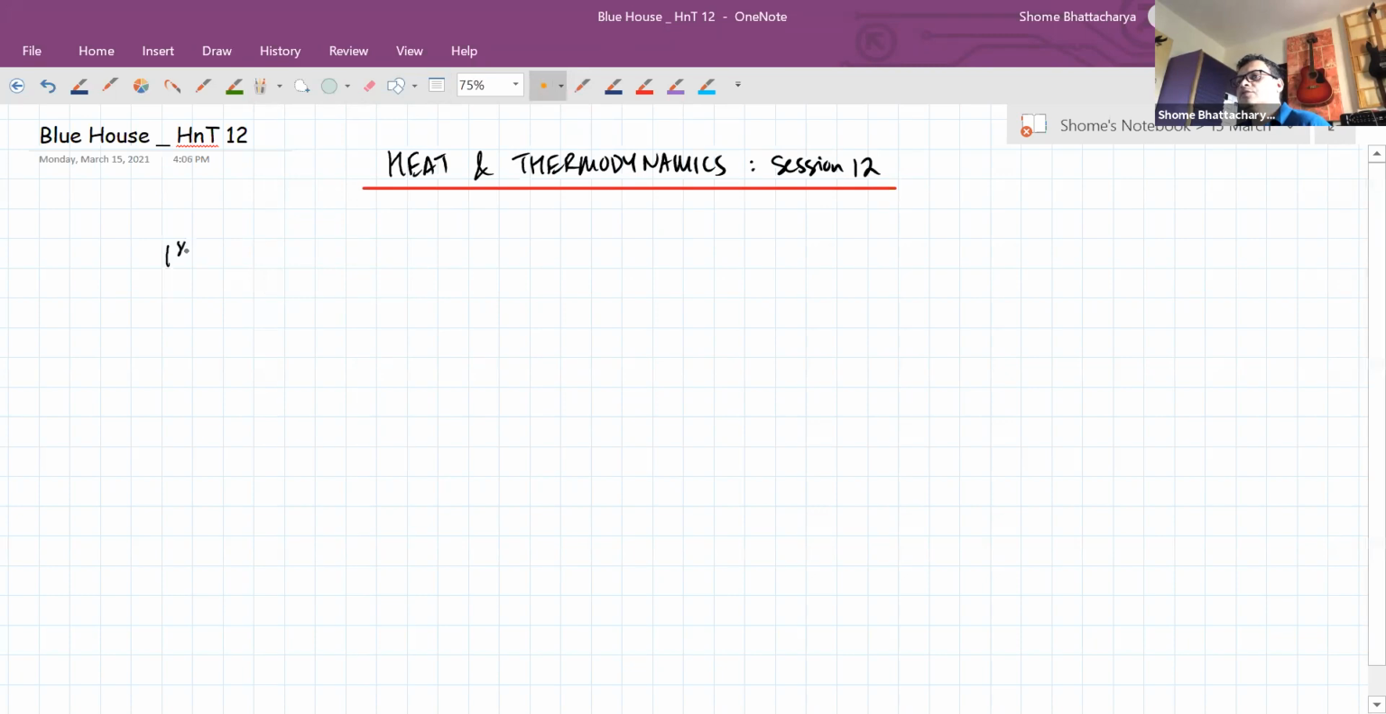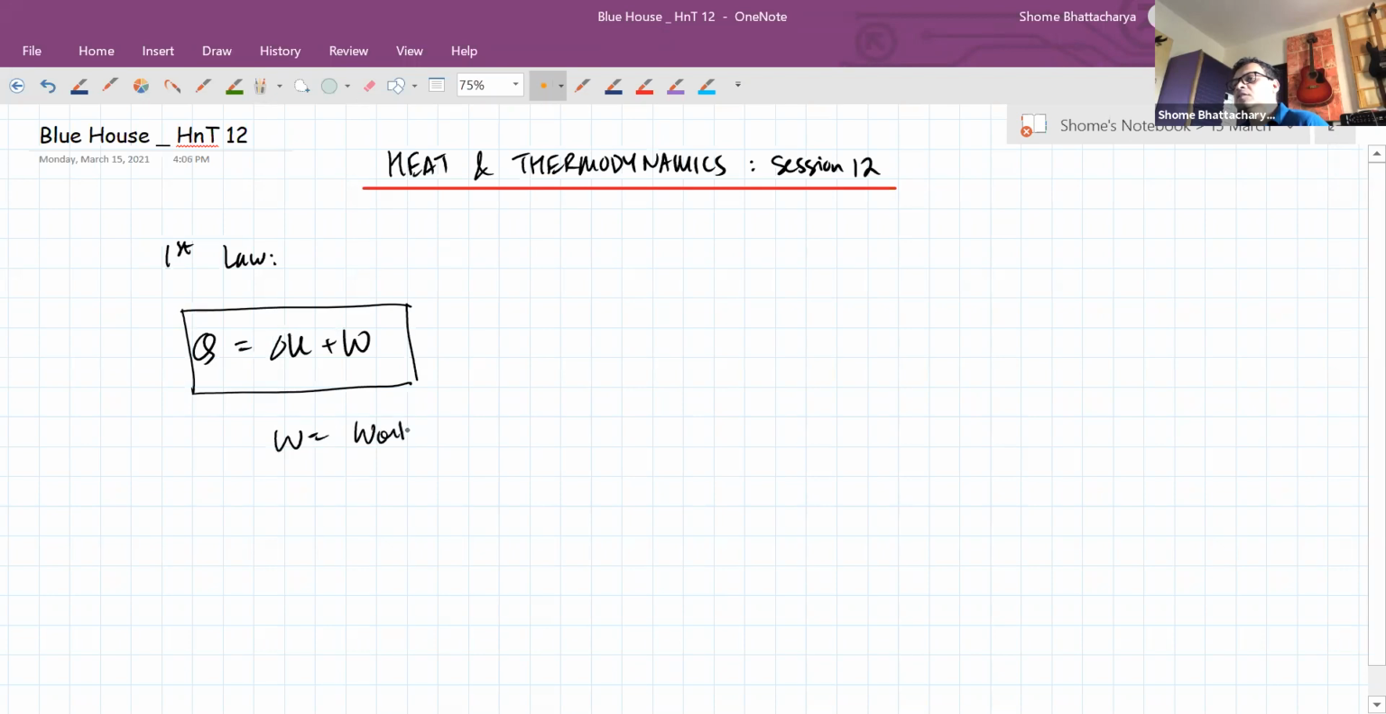So the statement of the first law: the net heat supplied during a thermodynamic process is equal to the change in internal energy plus the work done by the gas. The only thing you have to be careful about in this statement in physics is that W is work done by the gas, whereas the way you write the statement in chemistry,